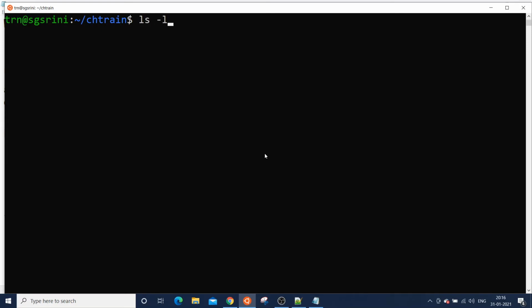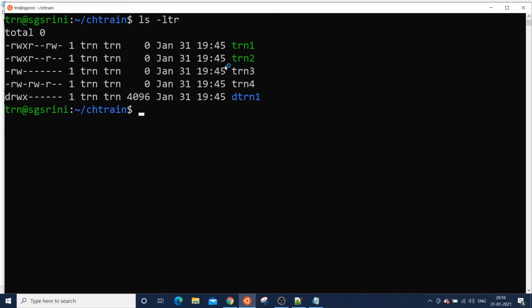So ls -ltr. Let's take train3. Train3 has the user only with read and write. Now I would like to give the execute permission also for the user or the creator of the file for train3. So chmod 700 train3.